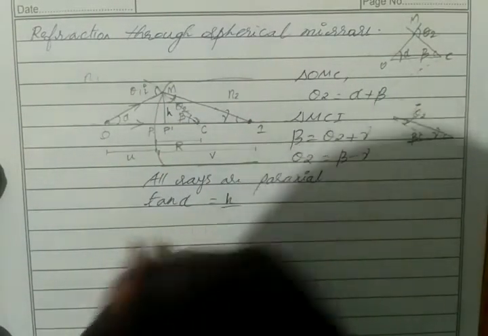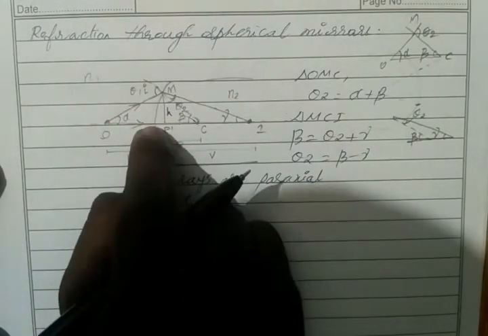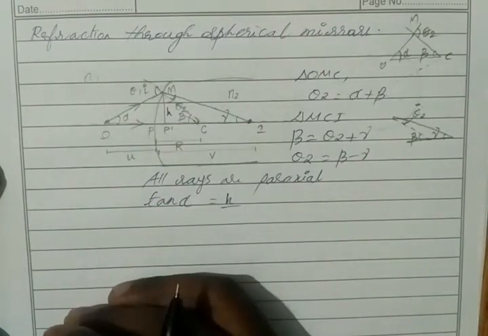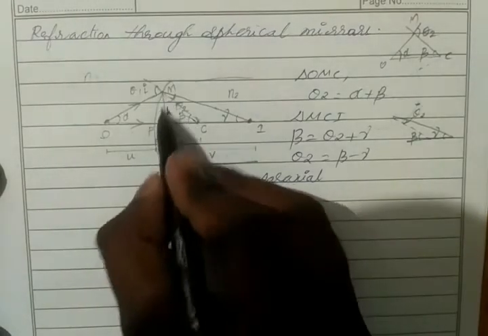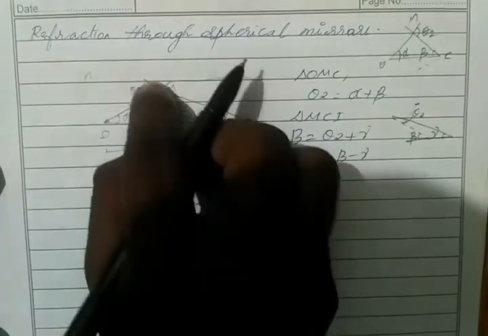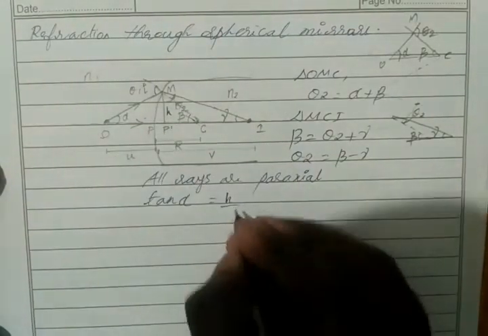So we can take h divided by P dash O. P dash O is nothing but u, the object distance. Actually the object distance is from P to O, but we consider P dash O, because it is a curved surface and we cannot apply a trigonometric function for a curved surface. We only apply the function for a perfect triangle. So we straighten this curve, and this distance is negligible, a very, very small distance. So for all our calculation, we take MP dash as our height. With this line we form different triangles. So our P dash O is nothing but object distance u.